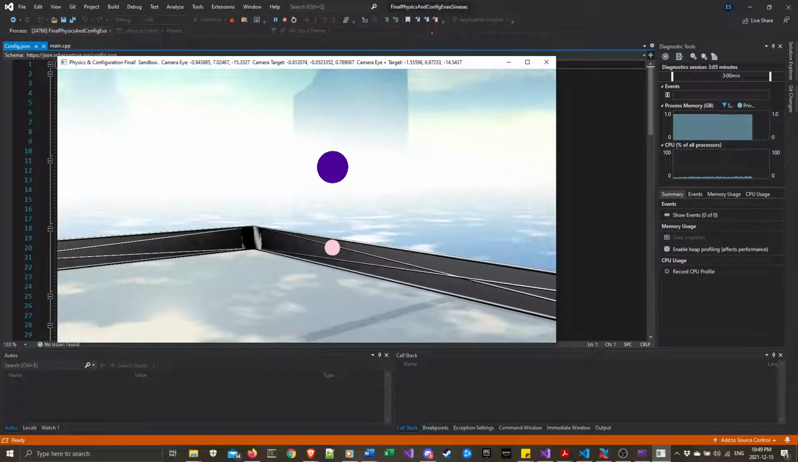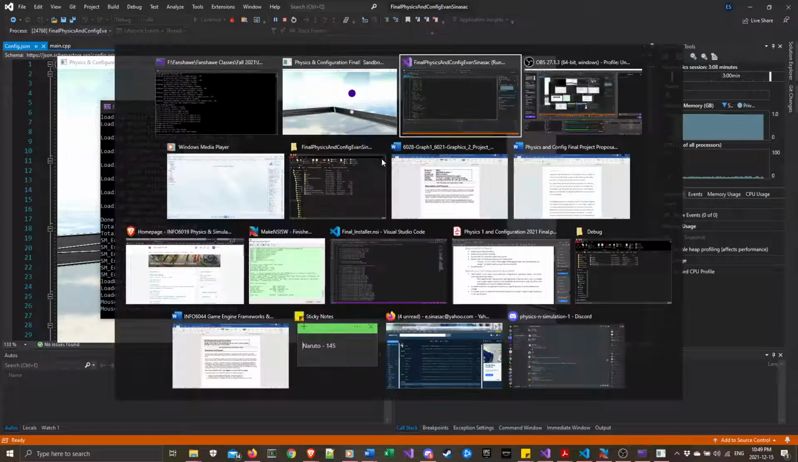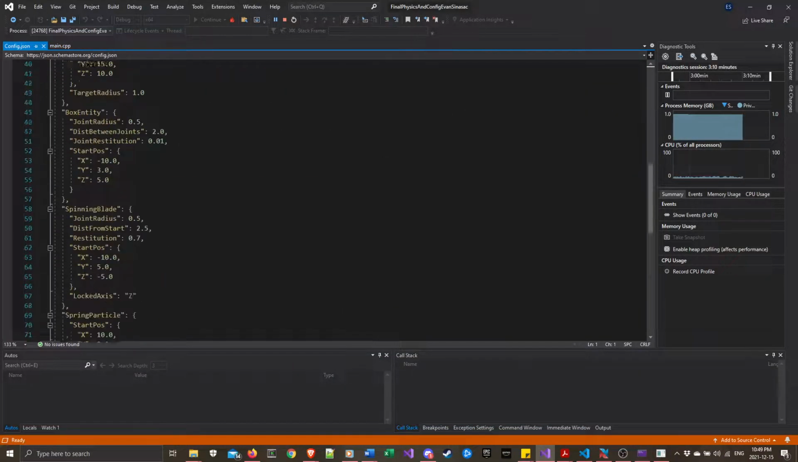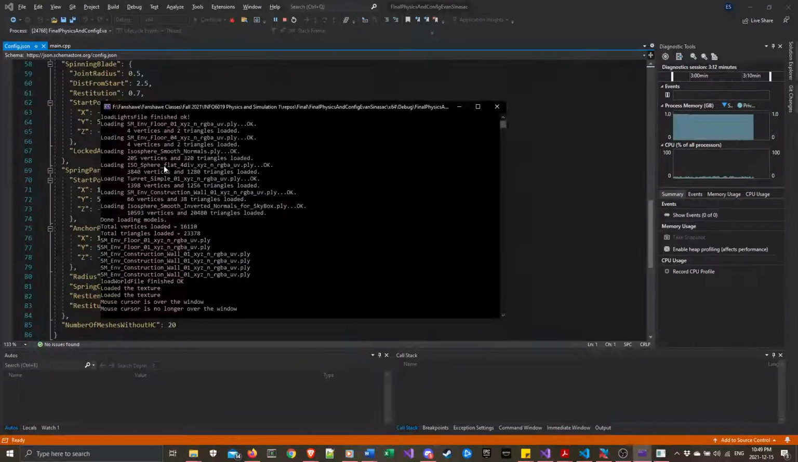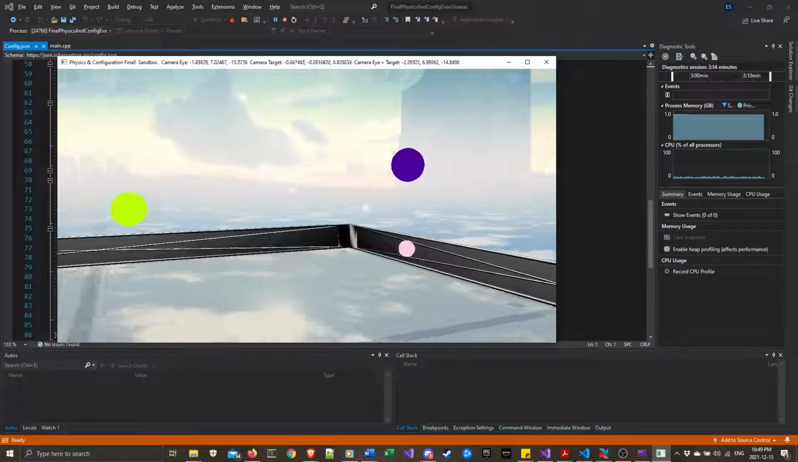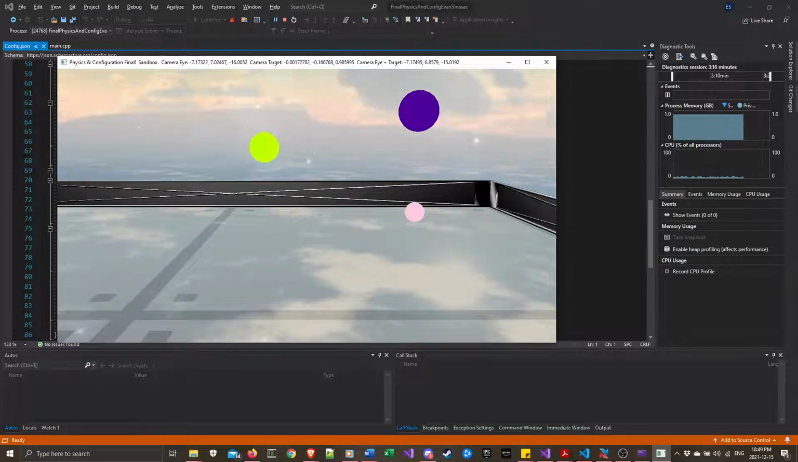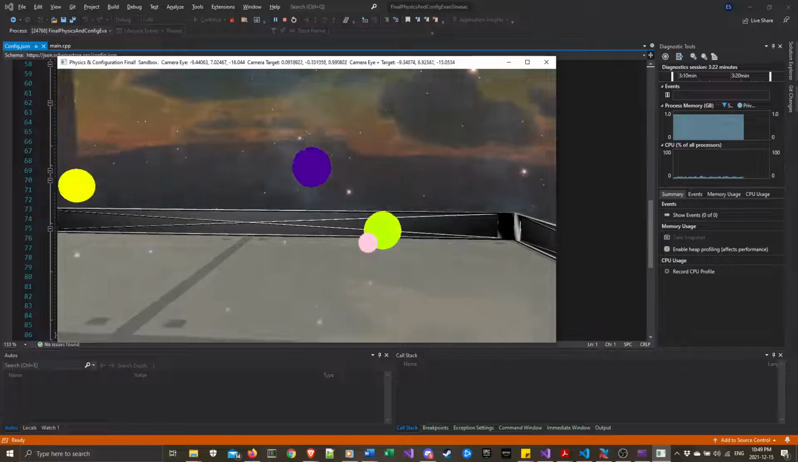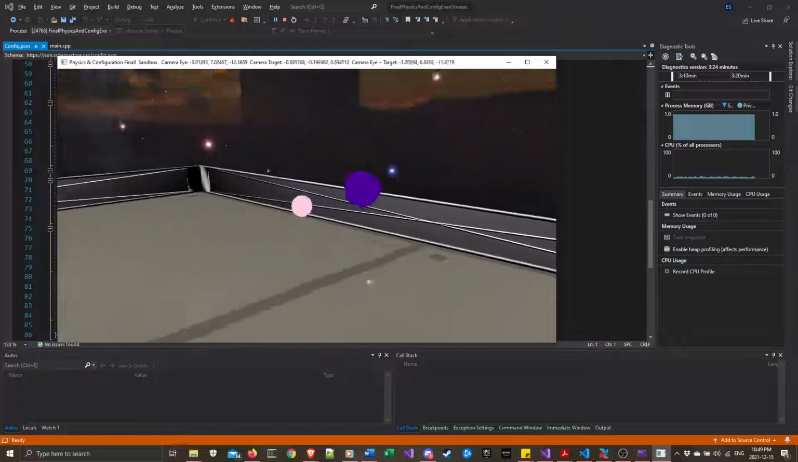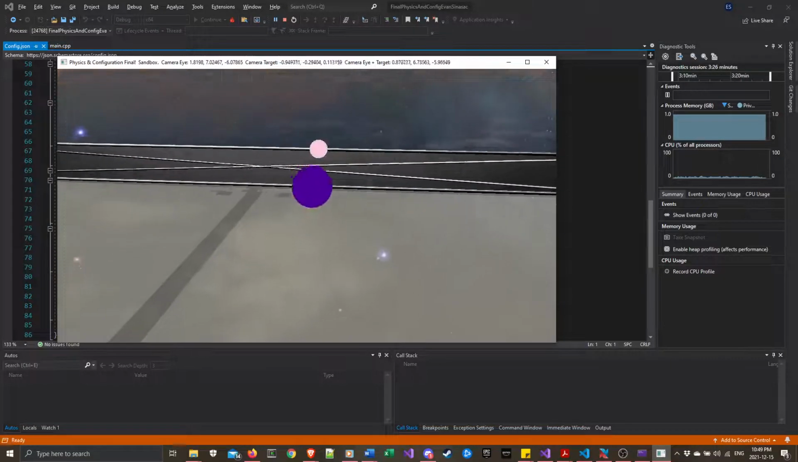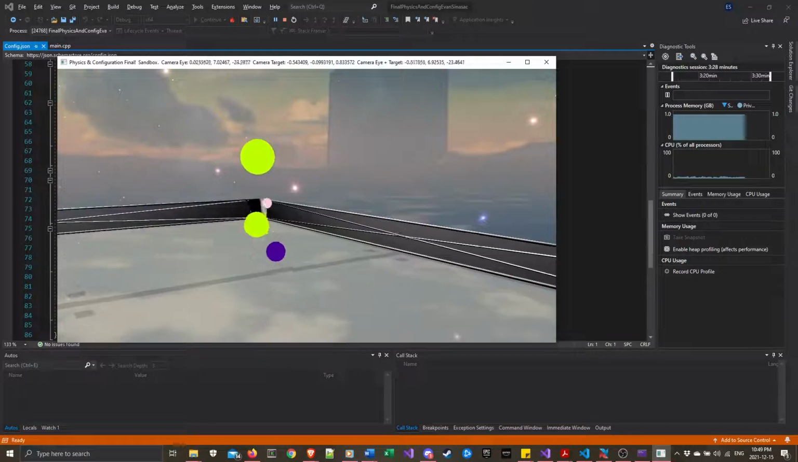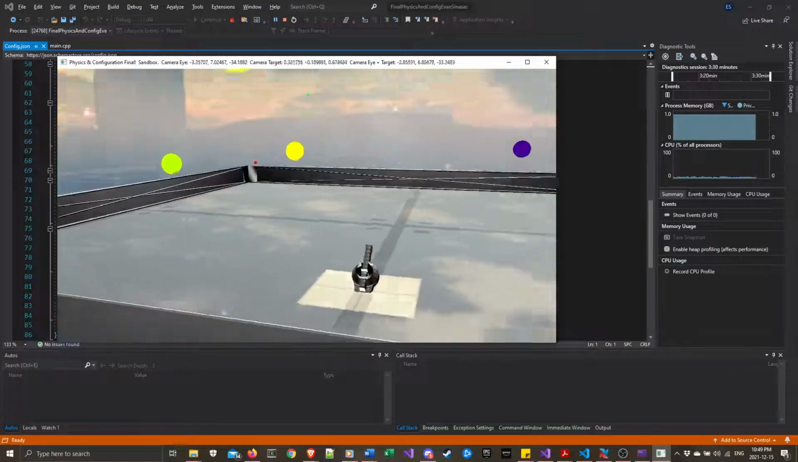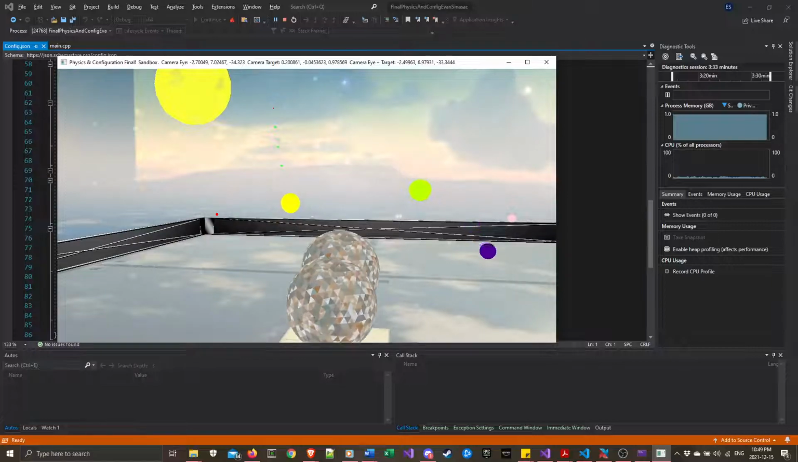And this is the spinning blade, I believe. Spinning blade, locked axis is Z, so it should only move in the XY plane. So if I hit it from this way, it should still move, but it'll only rotate in this direction. And if I go woo, and as I said before,